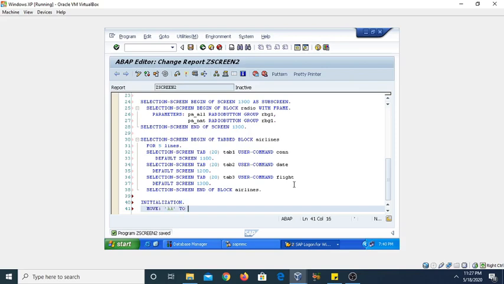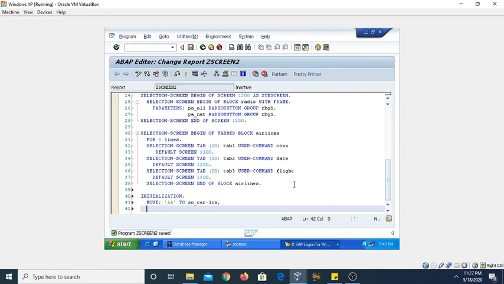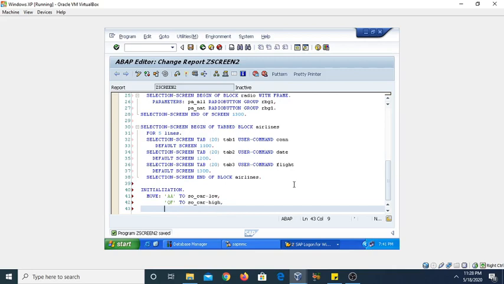So I am assigning here the default value AA to SO underscore char low value. Low means the left part of the input field. I am giving here QF value to SO underscore char high, which will define your right hand side range value.